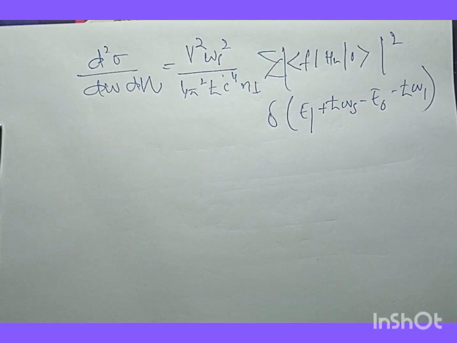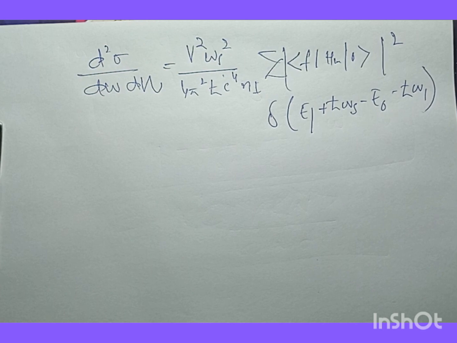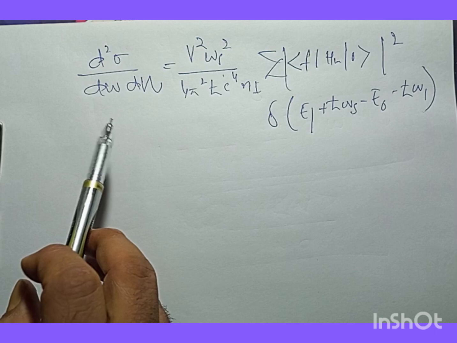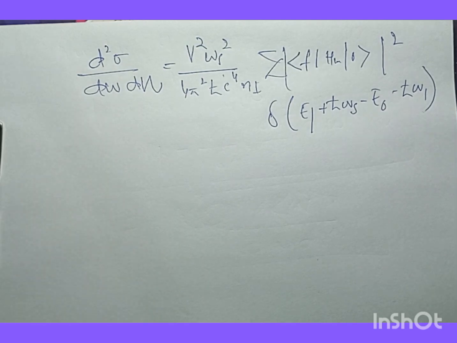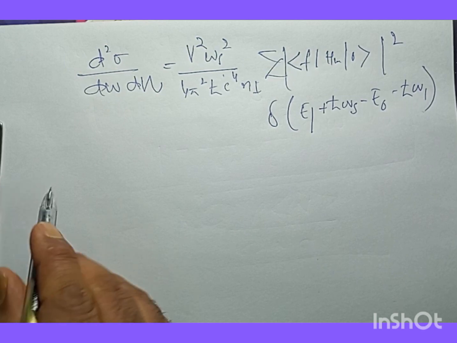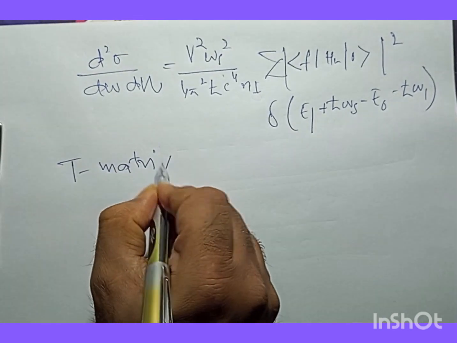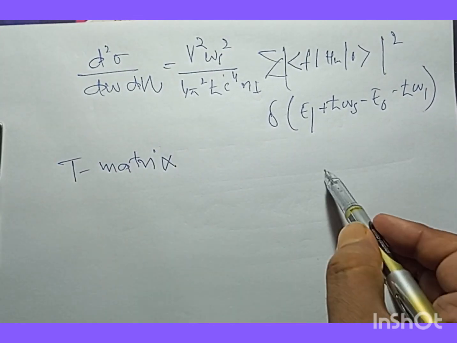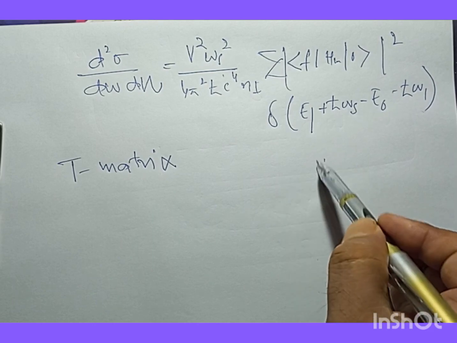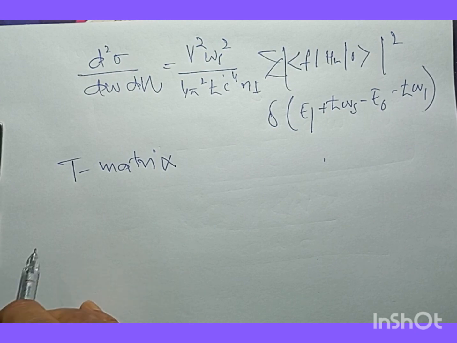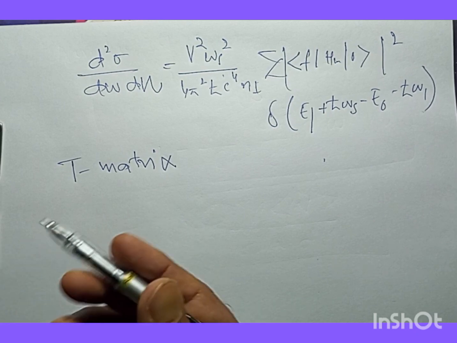Now, the point of interest over here is that the calculation of this differential scattering cross section can be boiled down to calculating the T matrix for the desired excitations that can be there by virtue of the electromagnetic interactions with the material particles, and we can think in terms of